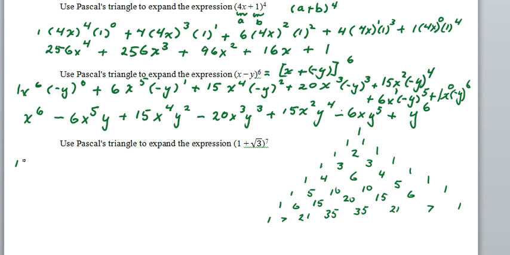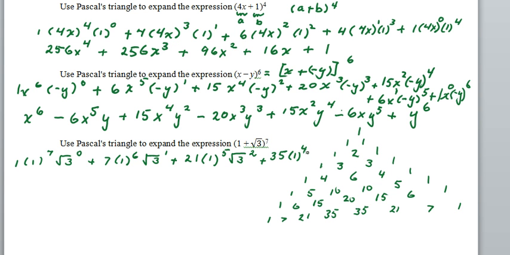So 1 times 1 to the 7th square root of 3 to the 0, plus 7 times 1 to the 6th square root of 3 to the 1st, plus 21 times 1 to the 5th square root of 3 squared, plus 35 times 1 to the 4th square root of 3 cubed,